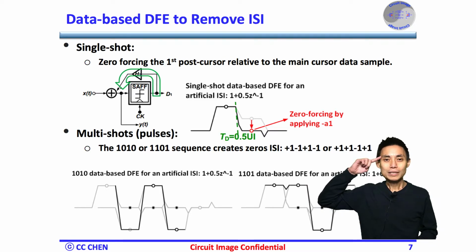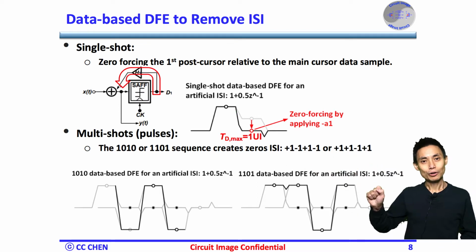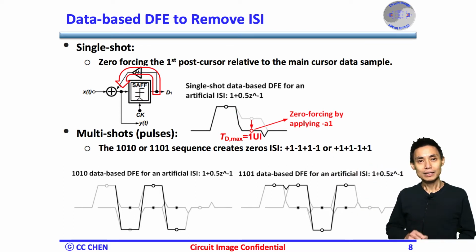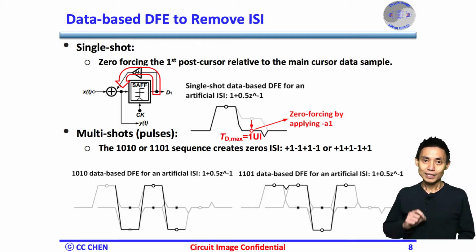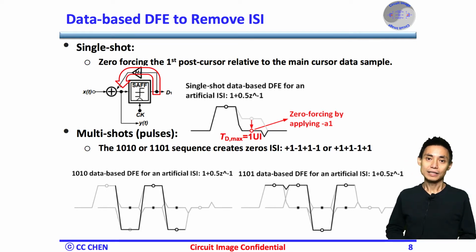Think about your timing images for 5 seconds. Bingo! The allowed maximum delay is 1 UI. Everyone has a very good closed-loop delay image now. If the delay is past the 1 UI, the next data sample will sample the residual ISI 0.5. A lot of experienced engineers don't understand the 1 UI criterion well. So, this delay image should be very important for your DFE understanding.